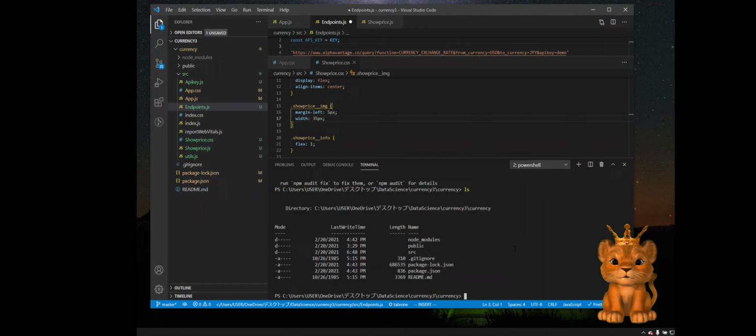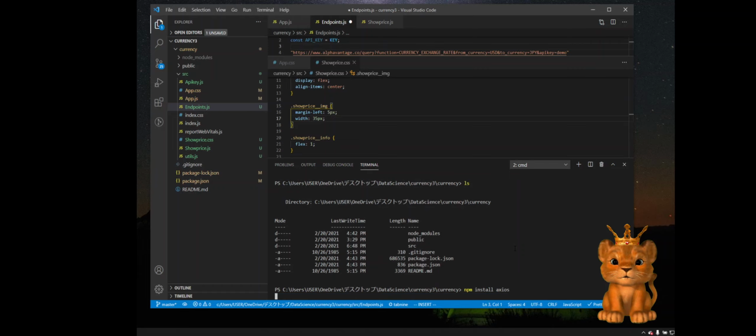And here, type npm install axios. It will take a minute. Now the installing session is running. And while it is